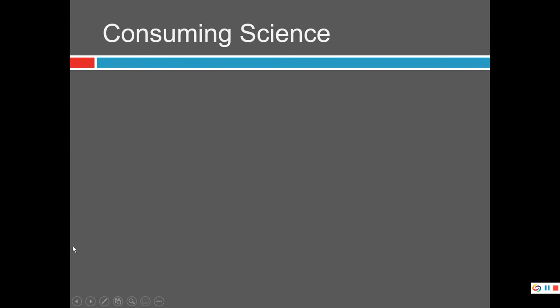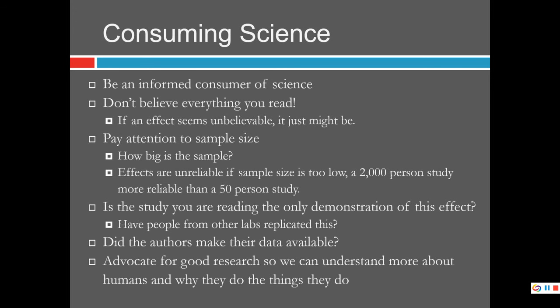And when you are in your lives reading about things and reading about science, just take a look at these things and think about the things you've learned over this semester and all your other classes. Be skeptical. Don't believe everything you read. Look at the details, like things about sample size and how things were measured and how they were allocated to conditions, and whether the conditions actually mean anything in terms of the independent variable. Are you aware of other studies showing this same thing, or is it the only one? Is there discrepancy? Are people ideologically or financially motivated to say something?